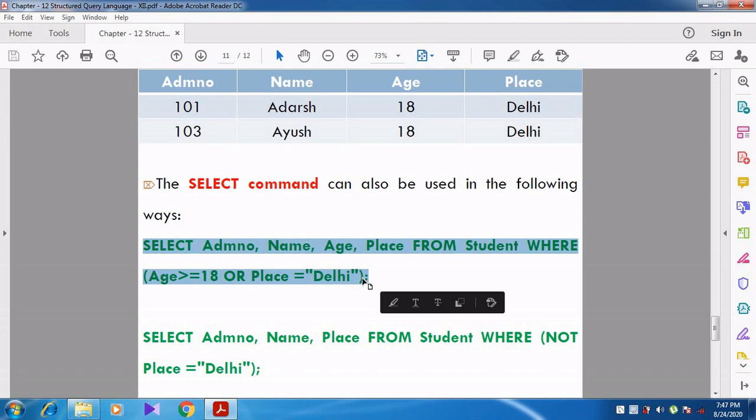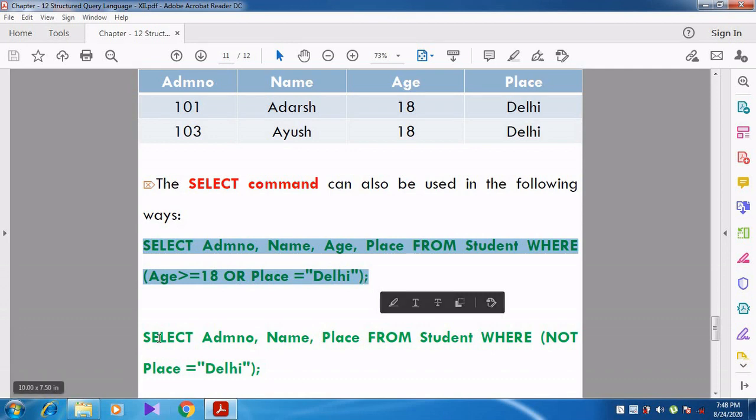Yes, it will be displayed. If either condition is satisfied, the row will be displayed on the screen. If the student's age is equal to 18 but he is not coming from Delhi, it will be displayed. If the student's age is less than 18 but he is coming from Delhi, it will be displayed.